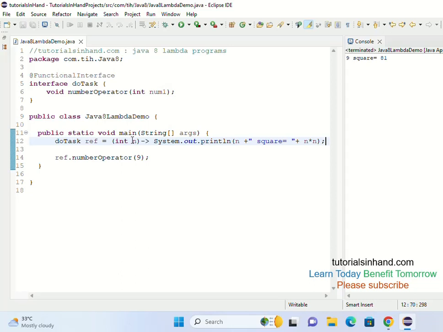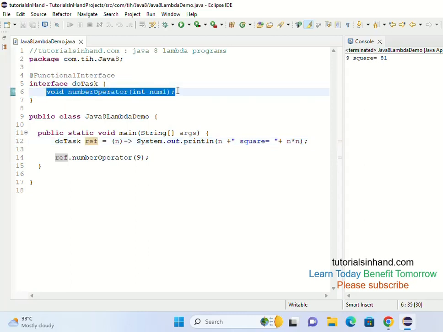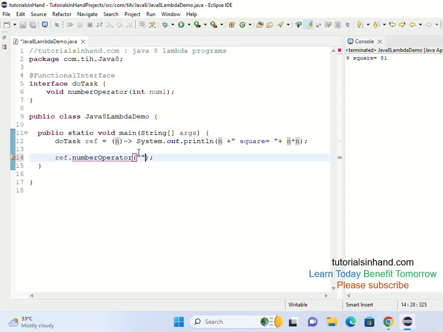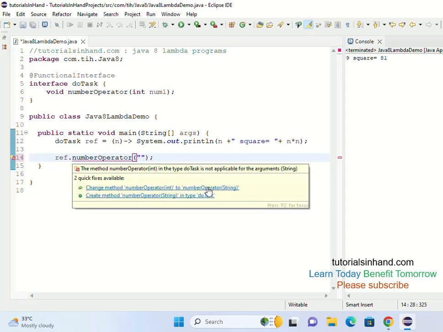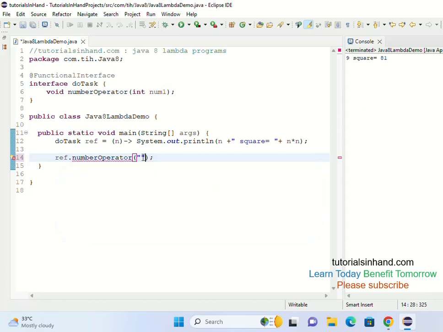And at the same time, you should remember that you don't require to specify the data type of the parameter as well, because Java 8 is intelligent enough to understand that you are providing a lambda expression for this abstract method of a functional interface, where you have only one abstract method which accepts a parameter of type integer. So whatever you pass over here, it will expect an integer value, and that you are passing. If you change it to string, it will fail, saying that it does not understand what this string is all about. So you have to pass only integer, and then only the connection will be made with the lambda expression.